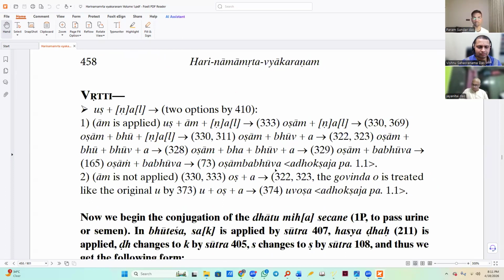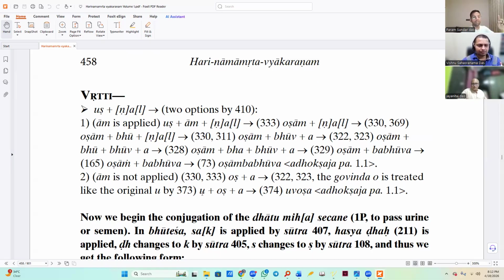So Am is applied: Usham, Osham plus Null. We also do Lagu Dasra Govinda. And ultimately we get Osham Babhuva. And when Am is not applied, we get uvosha. So osh plus reduplication, sthanivat. And then what is that sutra? Nare dutor yu vave katma ketara sarveshware. E becomes uv of nara, when there is a sarveshwara following, which is not ekatmaka of nara. So by that rule it becomes uvosha.